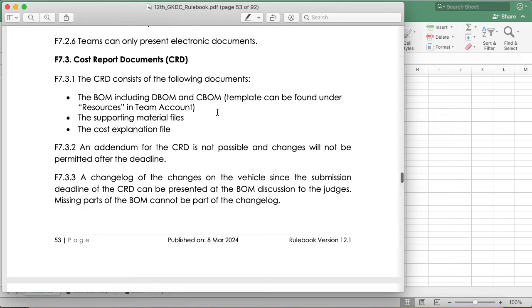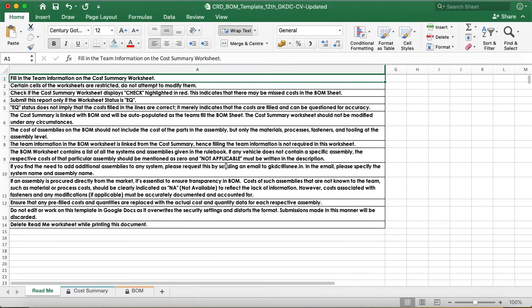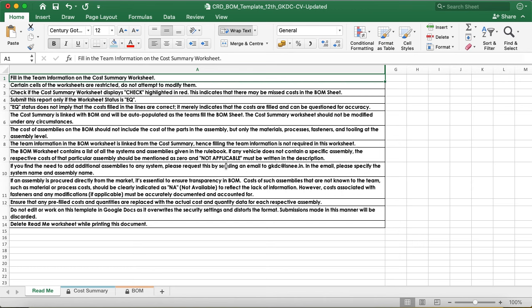Now about the selection of DBOM 1, DBOM 2 and CBOM, we will come to it later when we discuss the CBOM. So let us jump into the BOM template first of all. This in front of you on my screen is the BOM template or bill of material template, and the first worksheet is readme, which is to be deleted before publishing. Once you understand how to fill this worksheet, you can delete it. You read the list of instructions given over here,